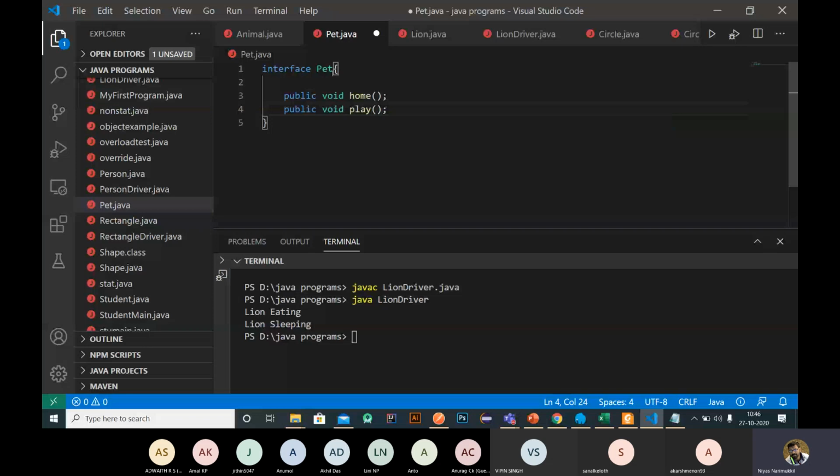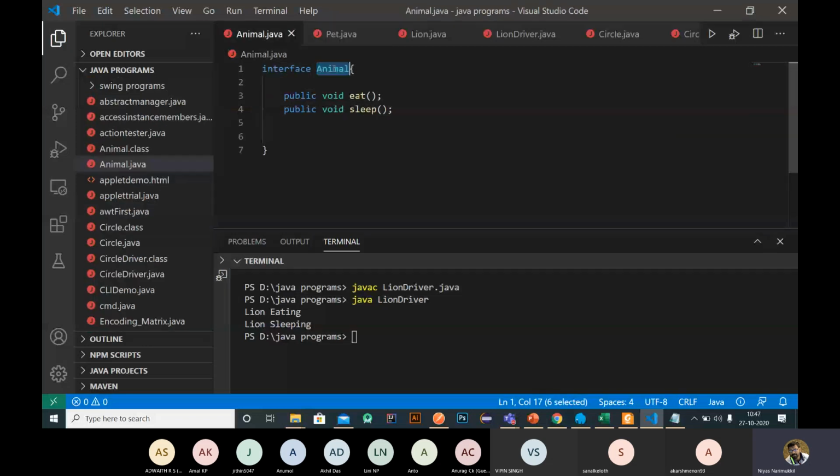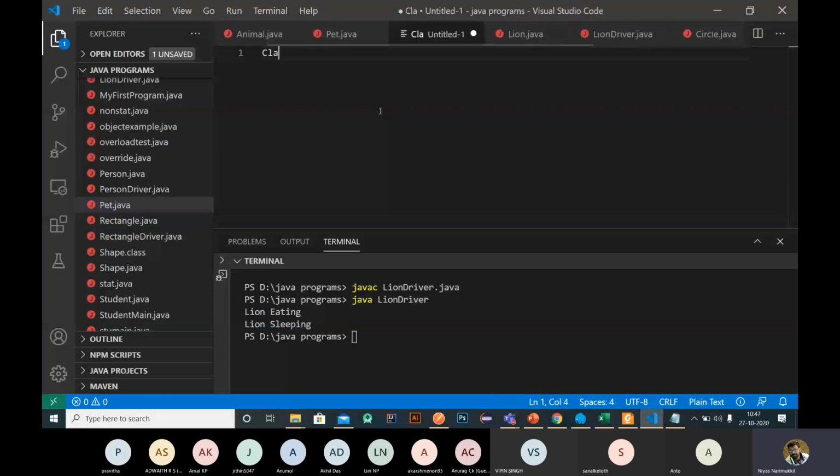Okay, so we have two interfaces. One interface is animal, and another interface is pet. Now I create another class, class cat, in Cat.java.